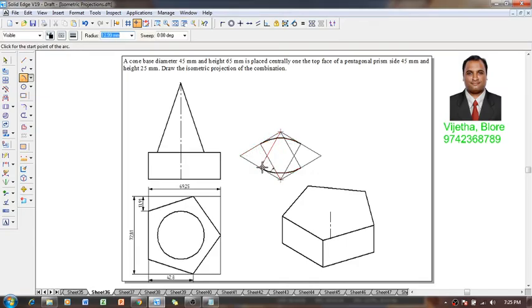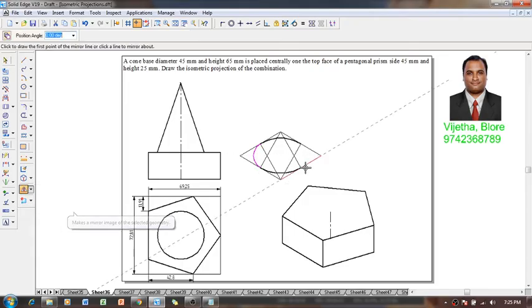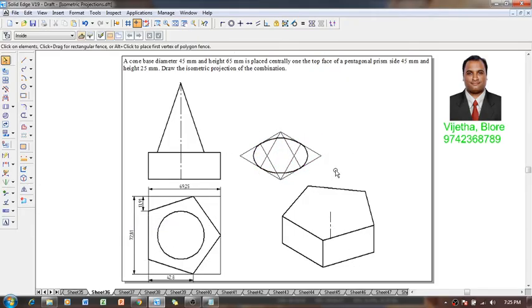Now, one can see that if you don't get it multiple times, then we can go for circle by center point command. Then what I'm going to do, I'm going to draw a circle from here to here. Then using a trim command, whichever the portion should be trimmed off, it can be removed. And we can go for a command called as mirror. So using the mirror command, one can get that mirror over here like this. Now one can see that we have constructed the required 4 arcs, and afterwards using a line command with a